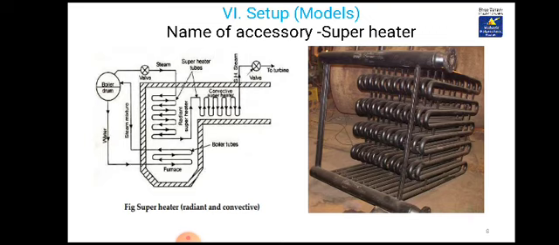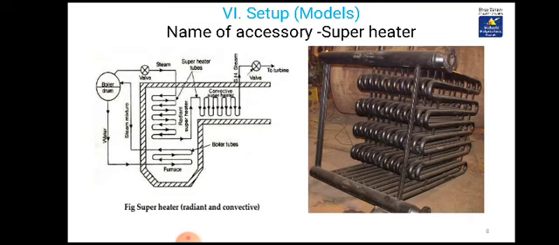Now we will see a boiler drum in which steam is produced. This steam goes through the steam stop valve into the superheater tubes. Here the temperature of the steam is increased and this steam is given to the convective superheater. First is the radiant superheater and next is the convective superheater.